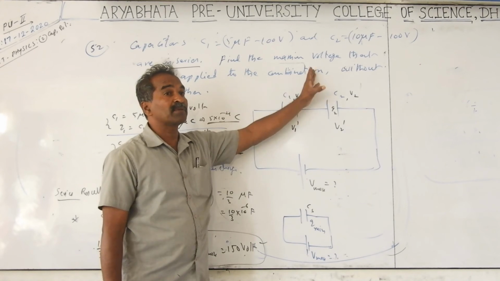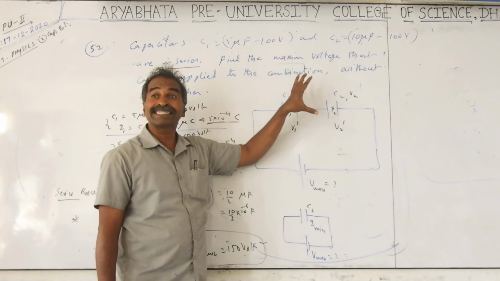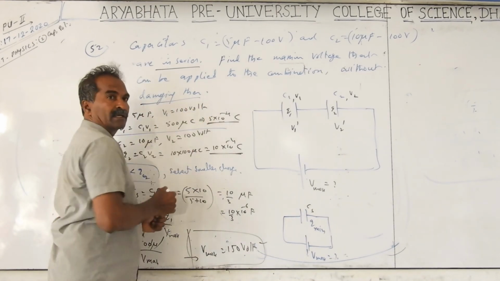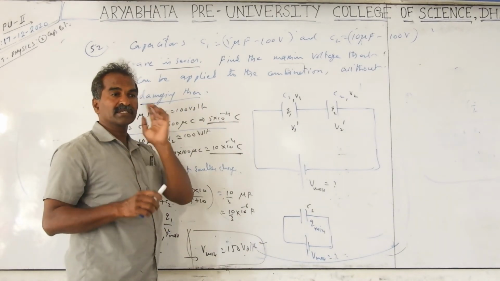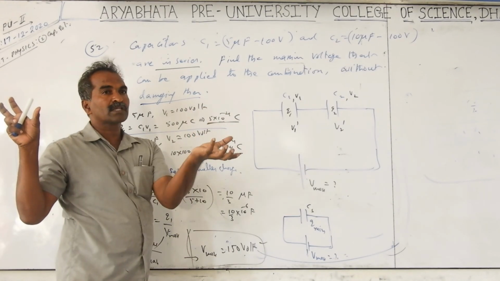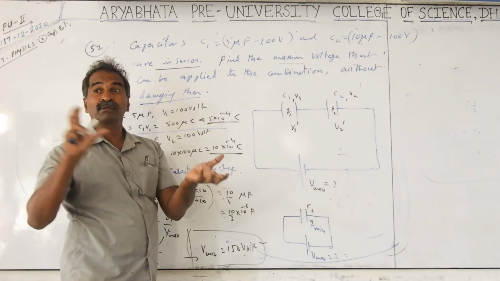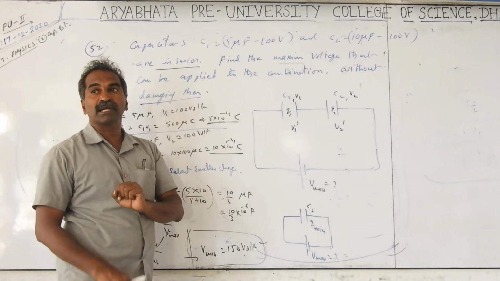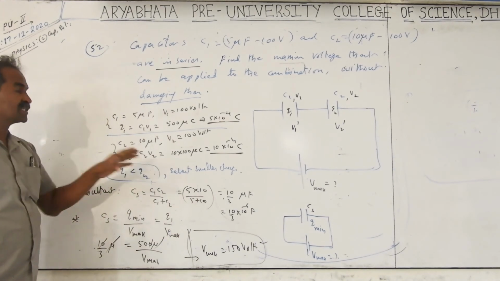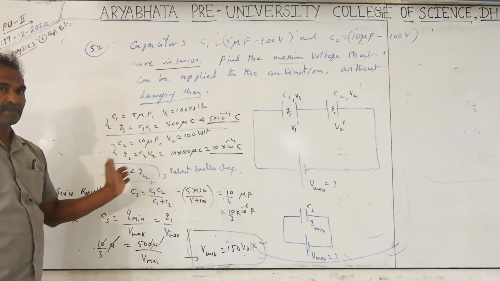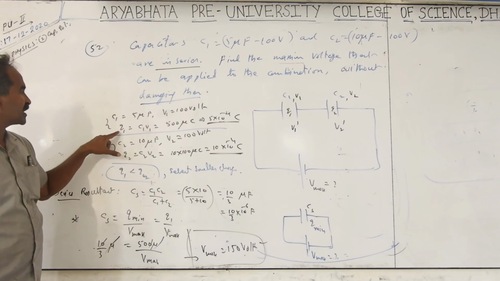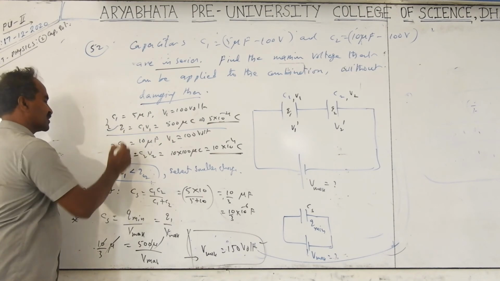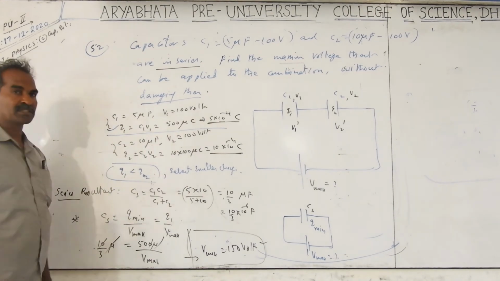Both are not able to stand the same charge. So for safety, without damaging them, you have to go for the safe condition. One can hold the bigger charge, the other only the smaller one. Then you have to select the smaller one, not the bigger one, because both are combined, so for safety choose the smaller charge. The smaller charge will then be there in both capacitors. Which one is smaller? Q1 is 500, Q2 is 1000 microcoulombs. So prefer the smaller charge: Q1 is less than Q2.